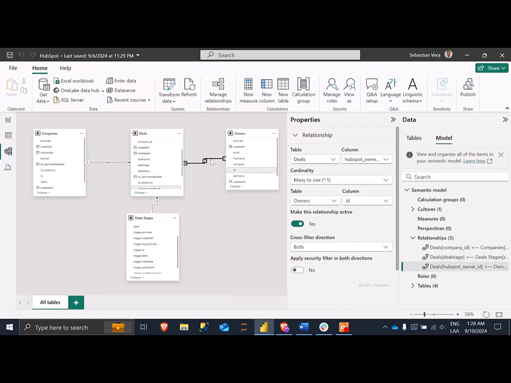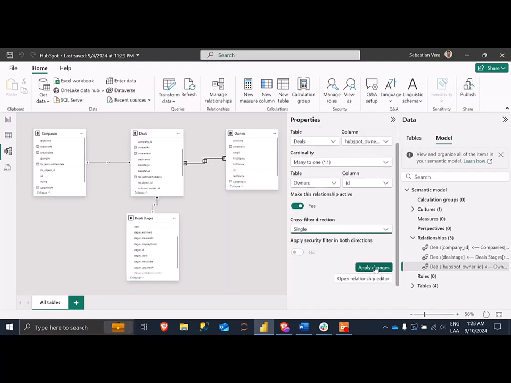Now, also as a good practice, we'll change these cross-filter directions from both to single. Click on apply changes, and we're going to do the same here, from both to single, and click apply changes. Now, coming back to the report view,